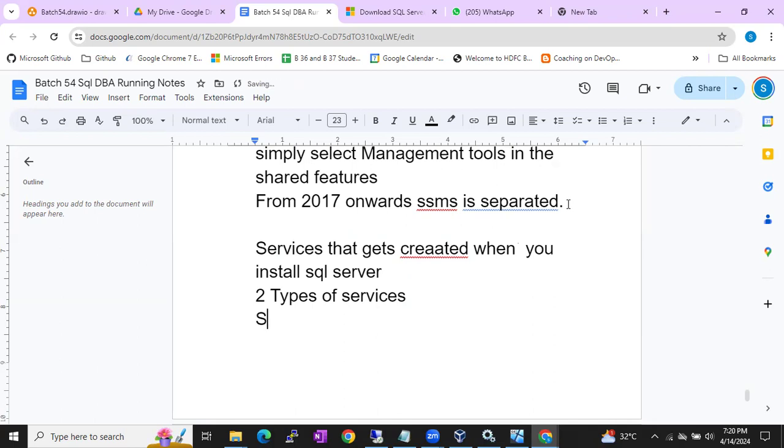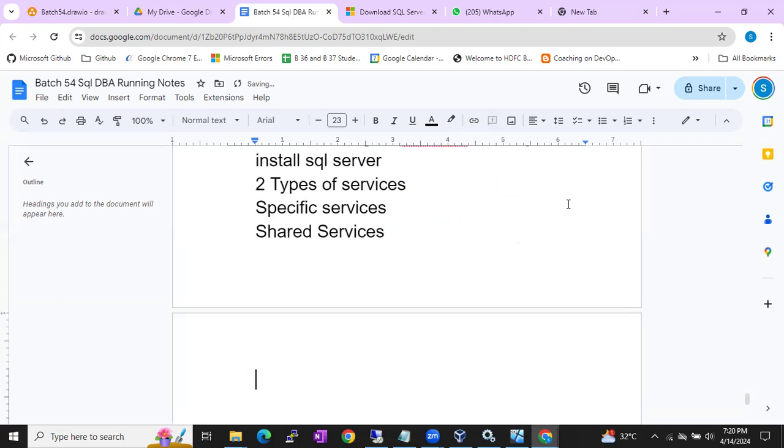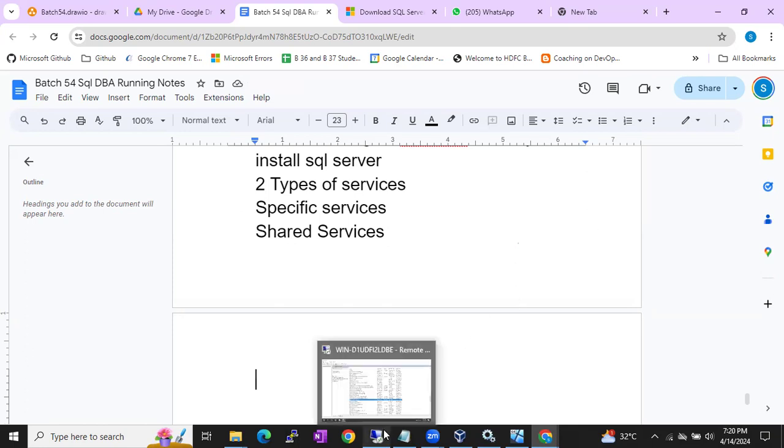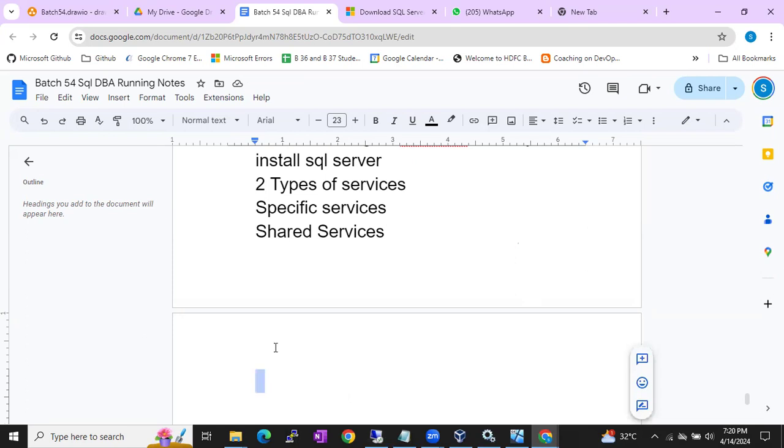In the same way, specific services and shared services, right? What and all specific services will be created, what and all shared services will be created? Let's see now. If you go to the server, generally when you install SQL Server for the